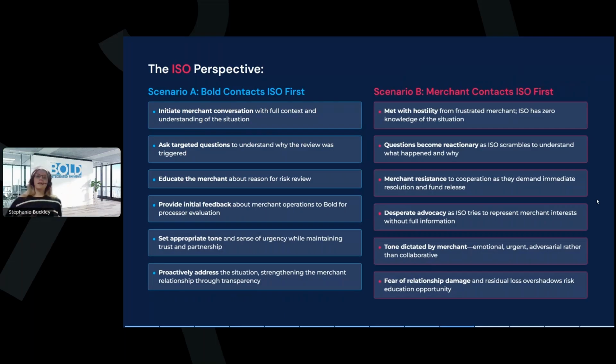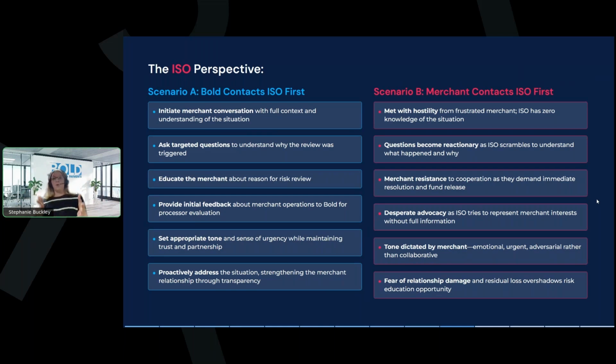So now we're looking at the ISO perspective. So this would be all of you. There's two ways that this can go down for you all. And we hope that you will always have to deal with the left side, the blue side. We will always have to, which I did not mean to make this a political thing. So please don't look at anything on my screen as a political statement, but I will let you know that bold is blue, and that's why we have that there.